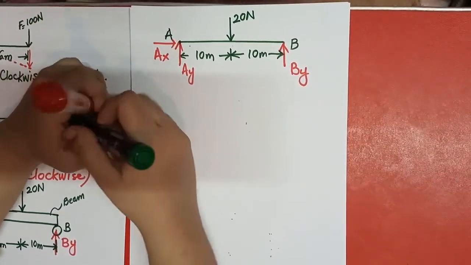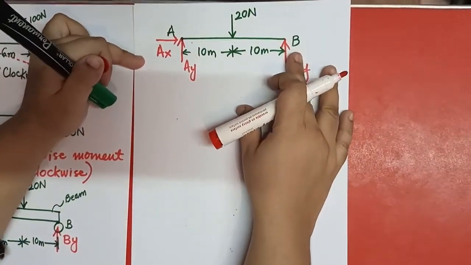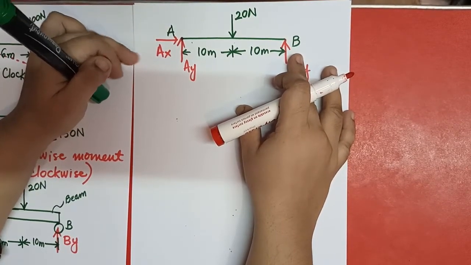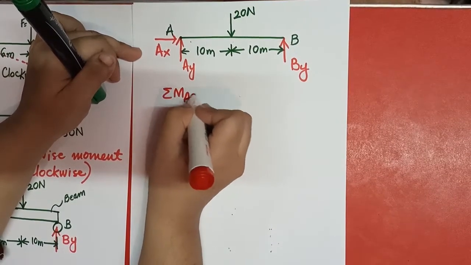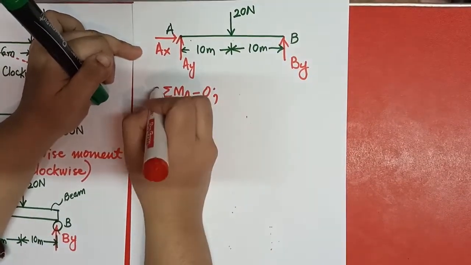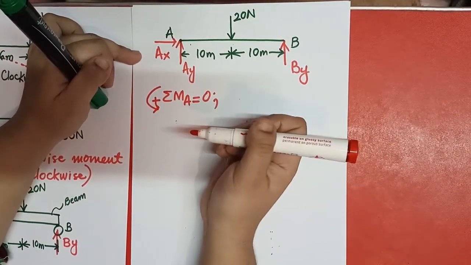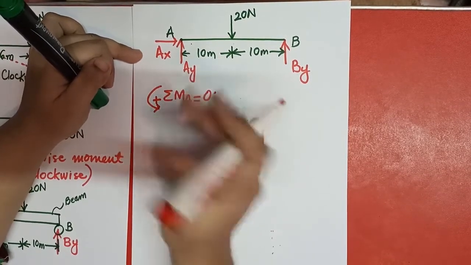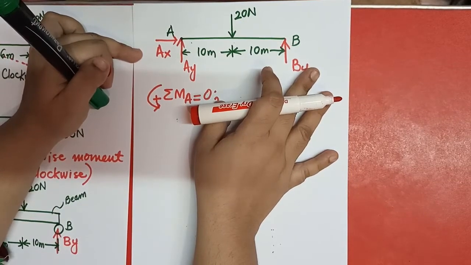What can I do? You can sum up moments at A and you can sum up moments at B. For the equilibrium condition, the sum of all the moments is equal to 0. So I write here, summation of the moment at A, for example, I am doing so. It's up to you, you can sum up moments at B as well. I am taking anti-clockwise or counterclockwise direction as positive. It's up to you whichever direction you want to take positive, so the other direction automatically becomes the opposite of that direction, and you can take that one as negative.